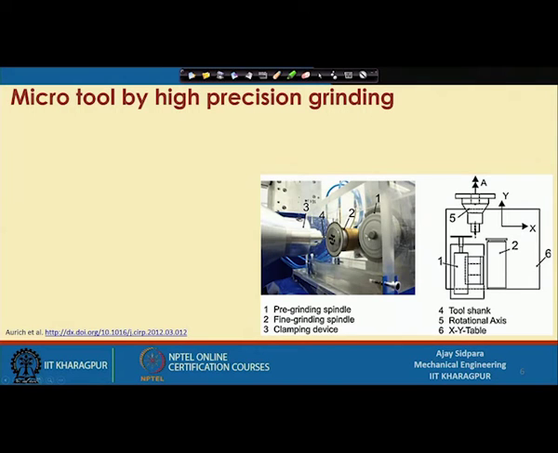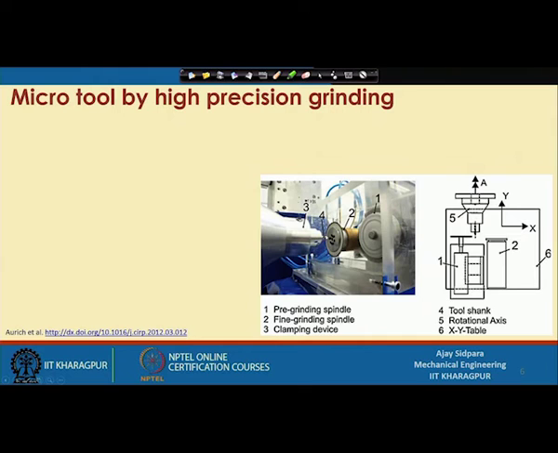So, the first part is the shaping of the particular cutting tool, and once the shaping is over, then you transfer to the second part, that is a fine grinding wheel. Why do we call it a fine grinding wheel? Because the particles which we are using for this grinding wheel are at sub-micron level or even finer than that. Then, the additional thing is the clamping device, this one. This is a spindle itself.